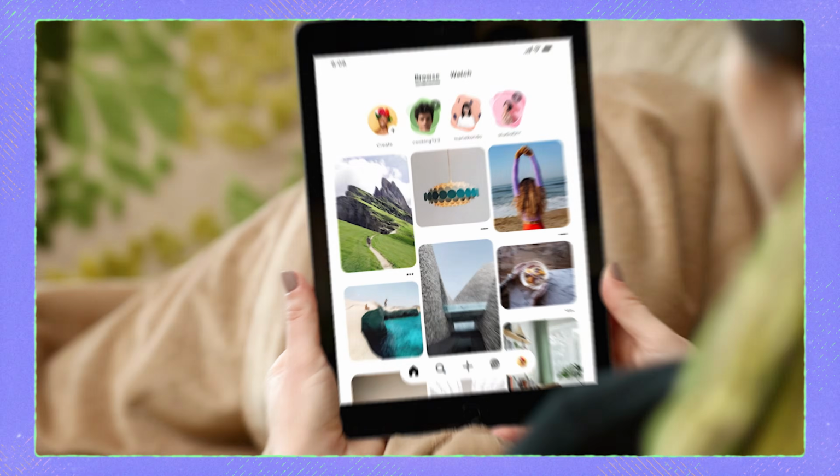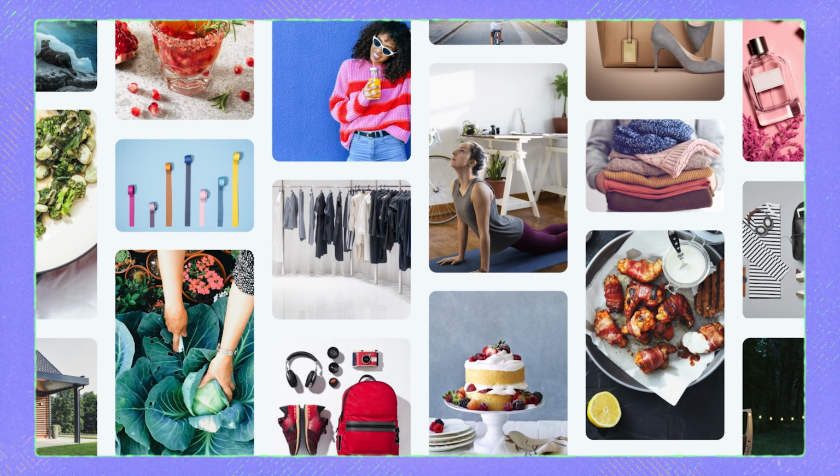And inspirational content itself is very shareable. I mean, look at the entire platform of Pinterest, it wouldn't even exist. So when attempting to create inspirational content, ask yourself, what would make my audience say something like, I need to have that, or how do I get that? You'll be on the right track.